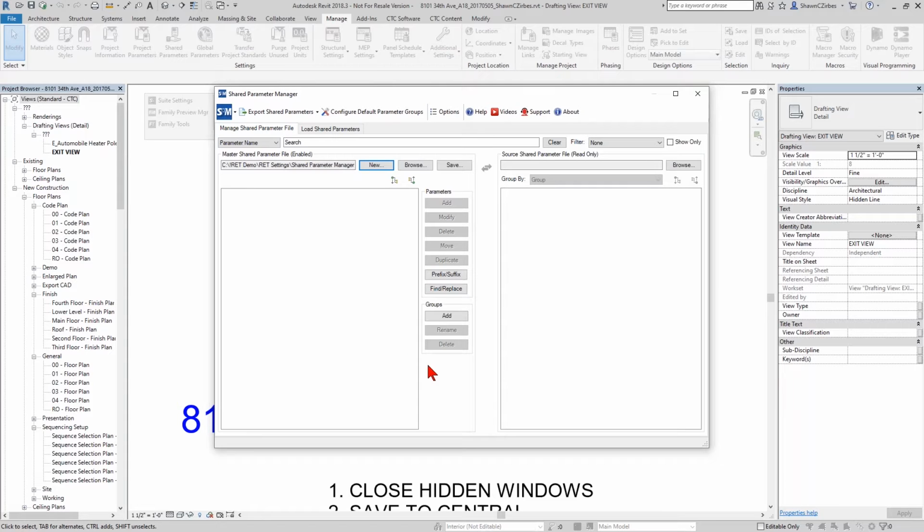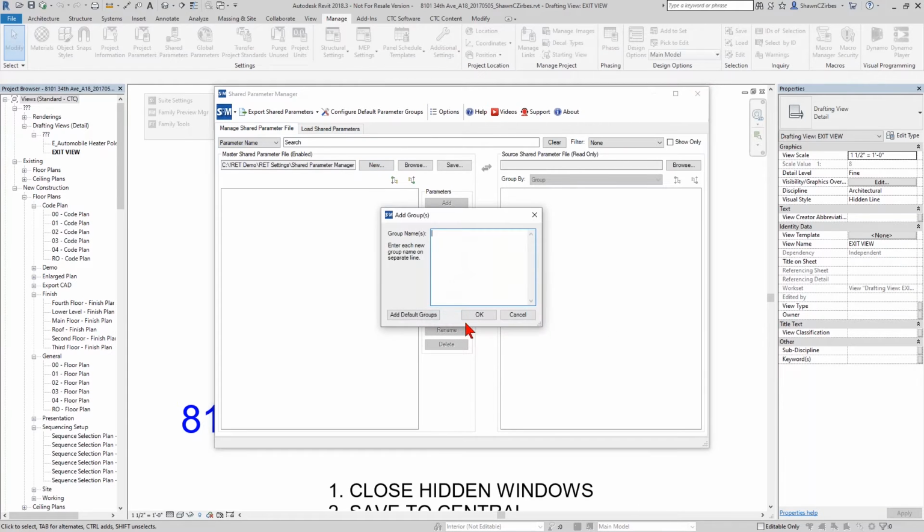I recommend making all of the groups that you can actually use out of the box in Revit. Things like identity data, text, graphics, dimensions, other, things like that. Now, in the out-of-the-box tool, you can add groups one at a time. Here, I can actually add an entire list of groups that I want to be generated, and it'll generate them